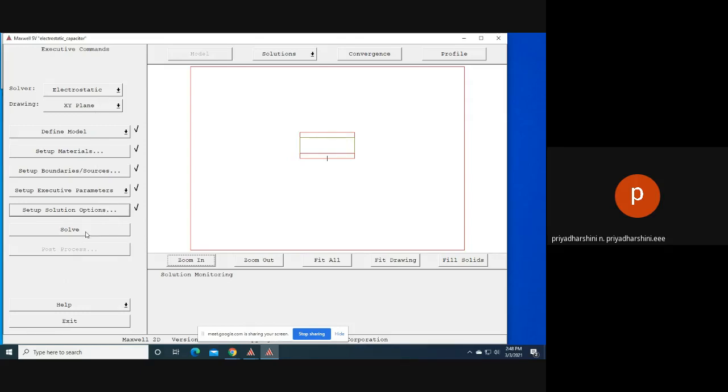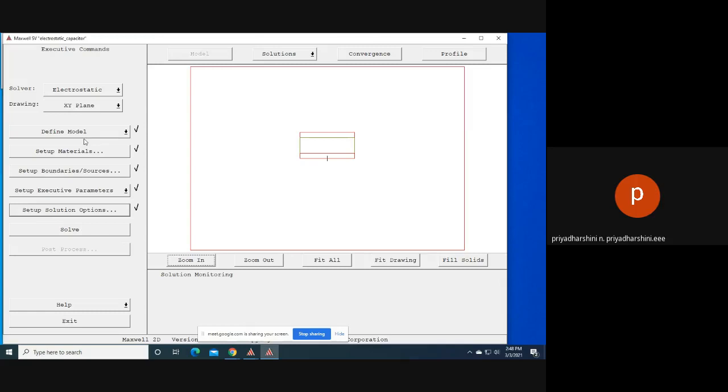Now I'm going to solve it. So first I have drawn, I have assigned the material, and I have assigned boundary and sources. I have assigned the properties that I have to analyze, and I have assigned the analysis, iteration, expected accuracy, everything. Now these are the pre-processing steps we know in the finite element analysis.